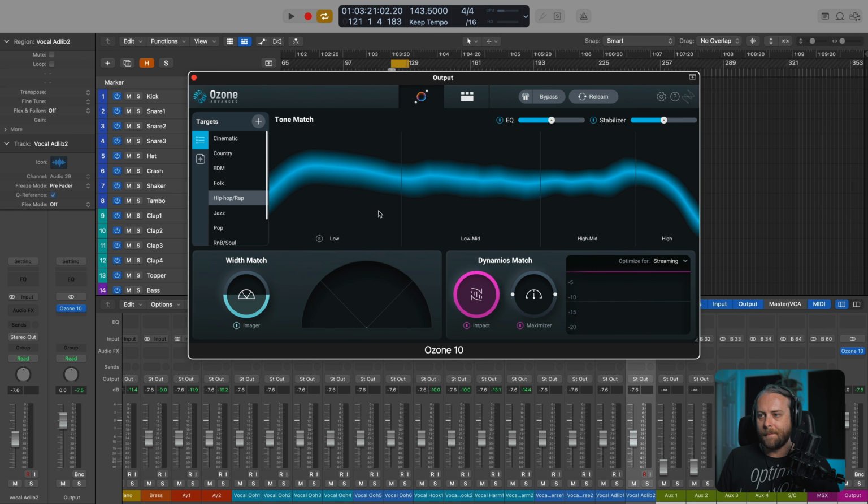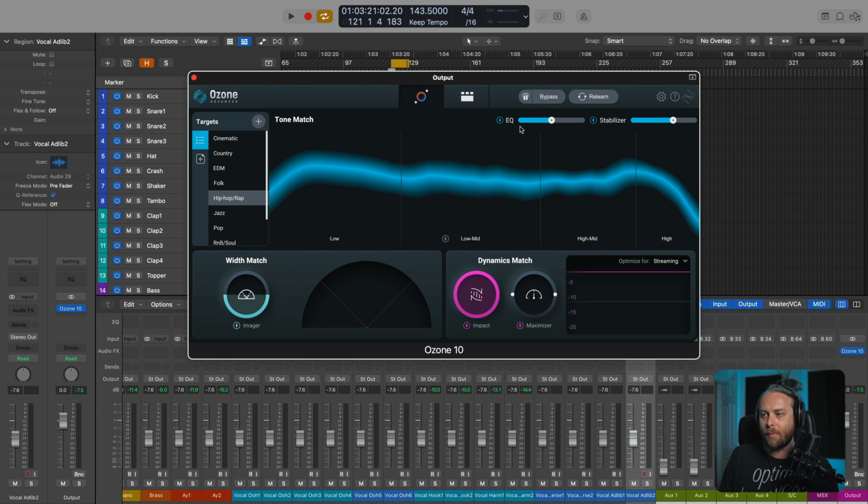So this white line represents the source track and how it's measuring up against this blue tonal balance ideal distribution of energy. The thing that is getting that white line to conform and meet this target, the hip hop rap target, is the EQ and the stabilizer. So what we can do is move this EQ up and down and move the stabilizer up and down. And what I'm doing here is I'm pushing the parameters within the EQ and stabilizer modules to further meet this tone, this target here. So what do I mean by that?